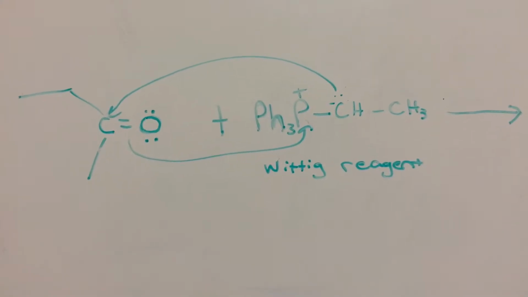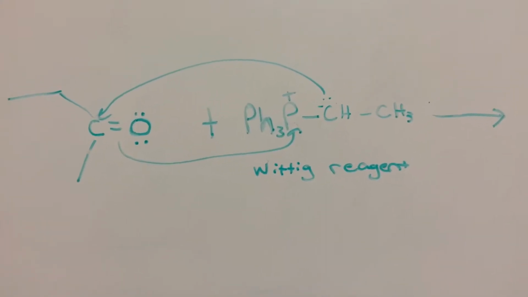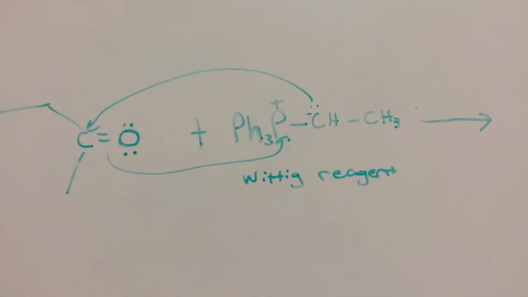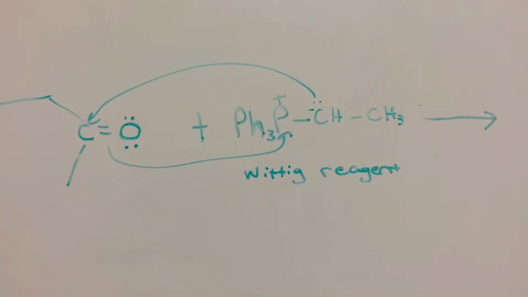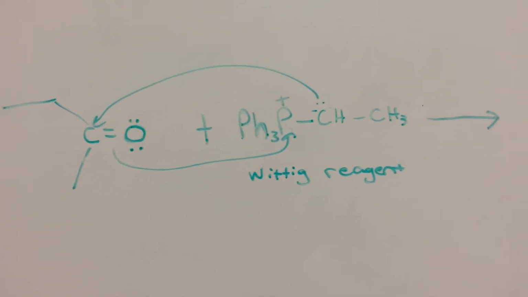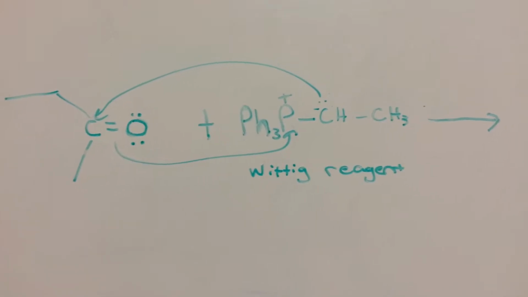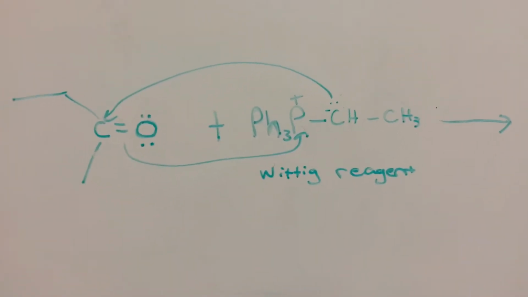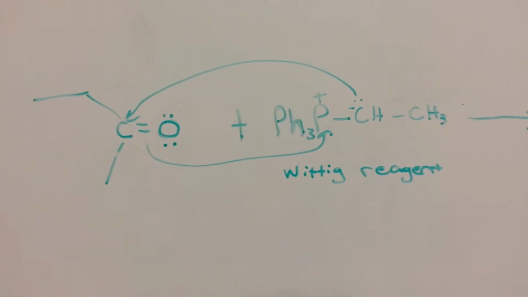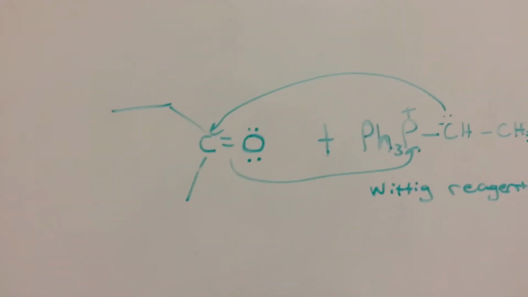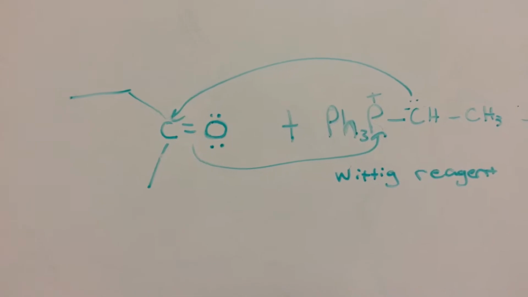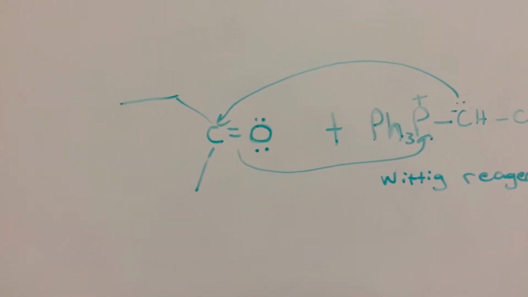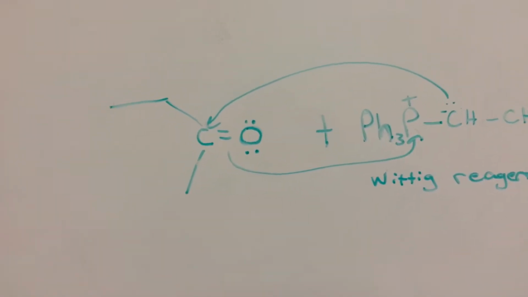2-butanone and the Wittig reagent, which is a ylide because it has a carbon with a negative charge bonded to a phosphorus atom with a positive charge, and the phosphorus atom is bonded to the 3 phenyl groups abbreviated by the Ph3. And what happens in the first step is the pi bond between the carbon and the oxygen